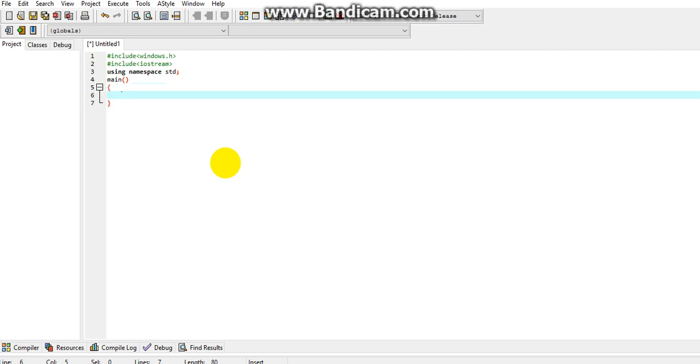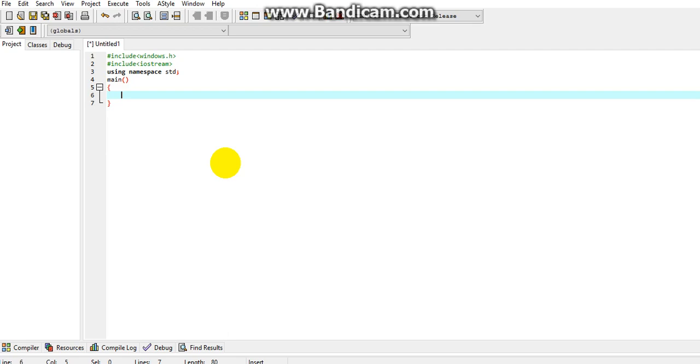In our main function, let me explain to you. We have included two header files, windows.h and iostream. iostream is used simply for input and output streams. For the sake of efficiency, I am including this header file. So if you want to completely follow me step by step, then you have to include this header file. I have included windows.h, which is the main header file needed.